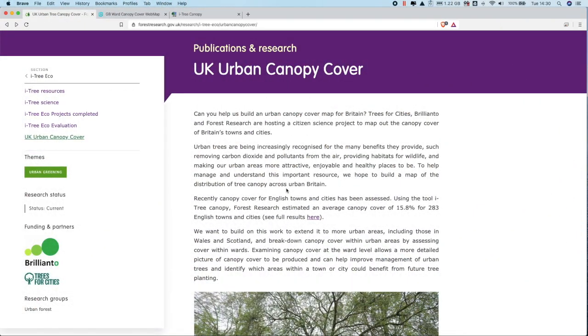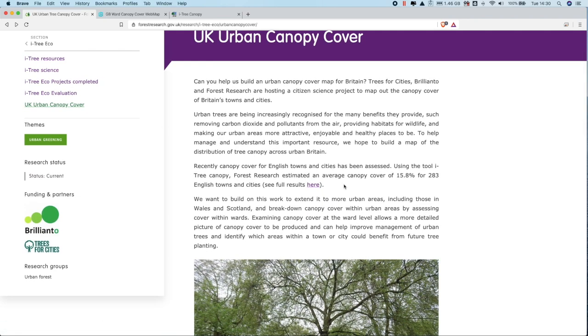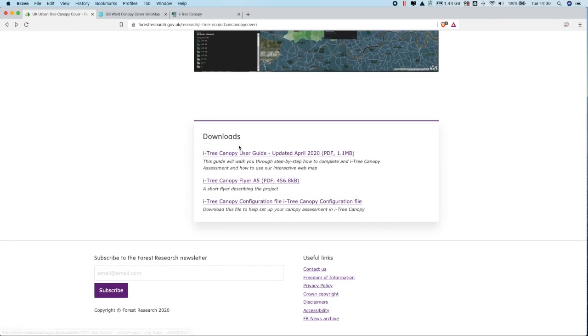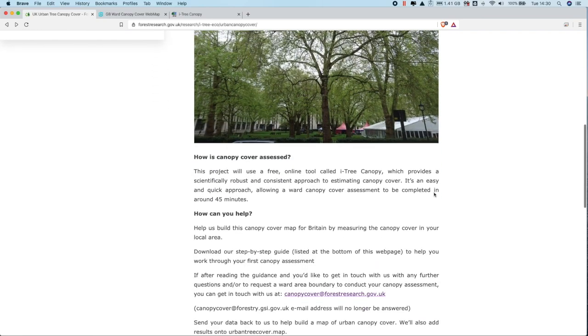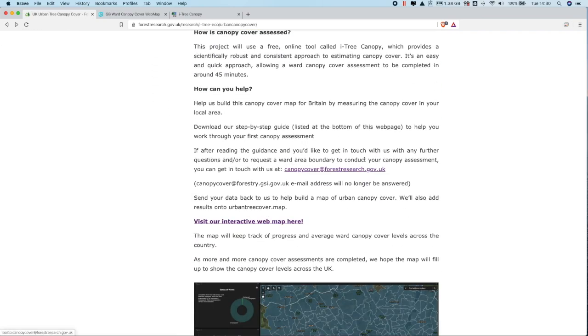Okay, so the best place to start is on the Forest Research website, and here we are at the designated webpage for the UK Urban Canopy Cover project. At the bottom of this page are useful and helpful downloads, including a step-by-step guide, which is essentially what I'll be taking you through in this video, a flyer and a configuration file, which we'll come back to shortly. So this link just here will take you through to the interactive web map,